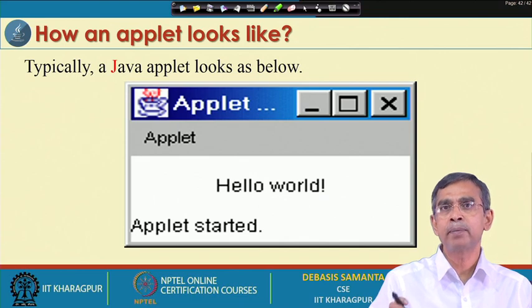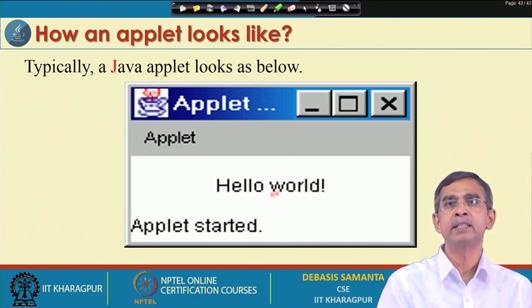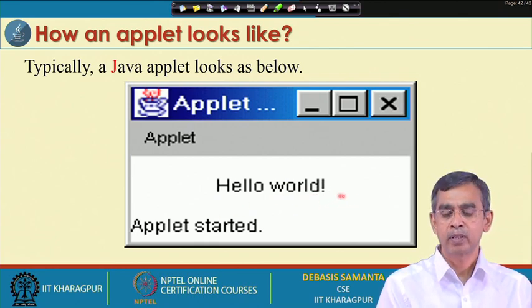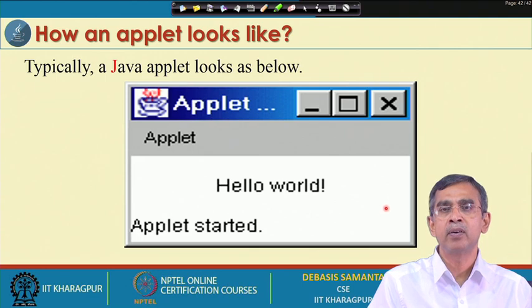This is a very simple version of an applet that I have shown you, and here you can include images, multimedia documents, text, links, and so on. This is the display area where we can include many components that are required in case of GUI or Windows programming.